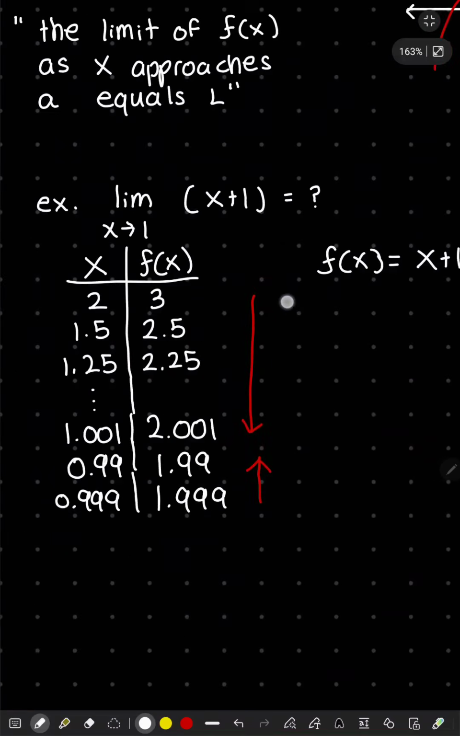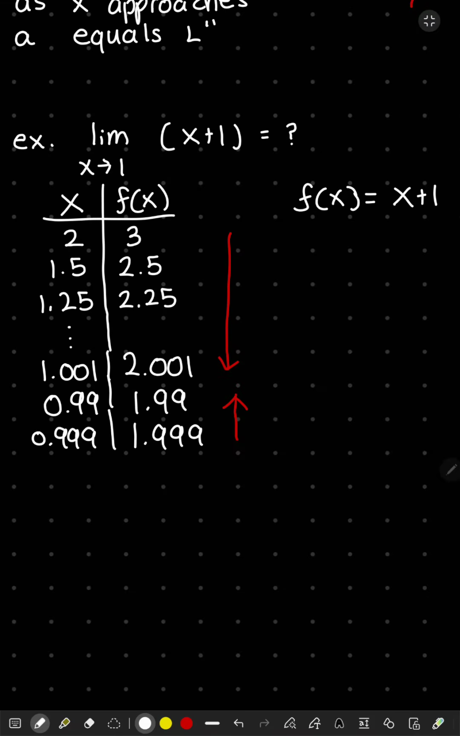Say, for instance, we have this example. The limit as x approaches 1 of x plus 1. You can see here I put on a table all the different values as we approach 1. We can see here that as x gets lower and lower, or closer and closer on the right side, it's approaching